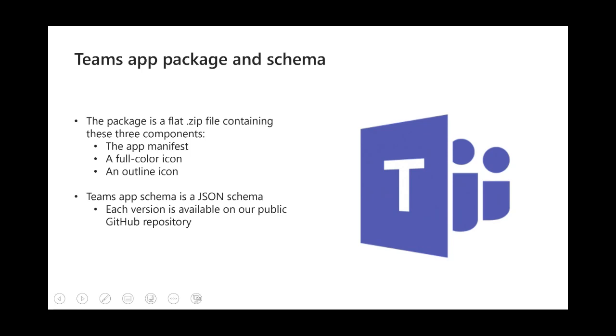This package is nothing but a zip file, and it has three files within it. The first one is the app manifest, and the two other files are the icons that are used in Teams. The most important thing here is the app manifest. The app manifest is nothing but a JSON file